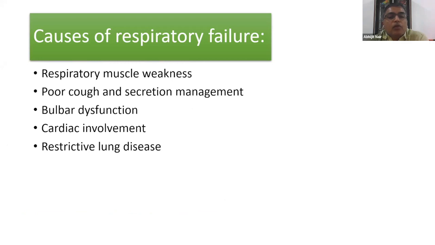They can't cough out well. The secretion management is a problem as such. Post-operatively, again, it is even more of a problem. They have underlying cardiomyopathies. Over a period of time, they develop restrictive lung disease. All this put together, any one point or all points put together, they cause a lot of respiratory issues in